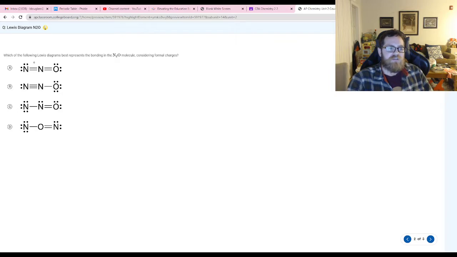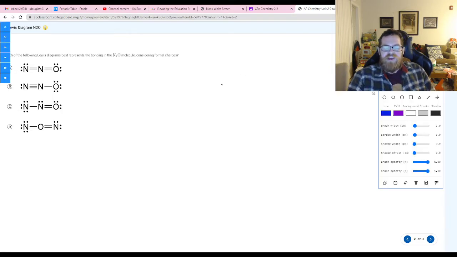Now we have the following: which Lewis diagram best represents the bonding in the N2O molecule considering formal charges. You want to minimize formal charges. You don't want like a +4 and 4 -1s, because that +4 is really unstable. So let's look through and figure out which ones are possible and which ones are not. For an N2O molecule, we should be expecting